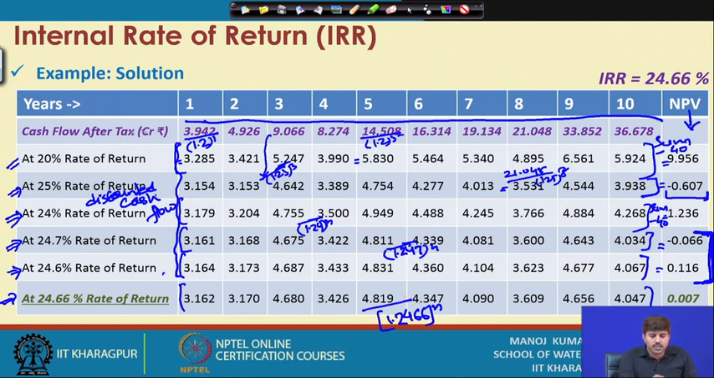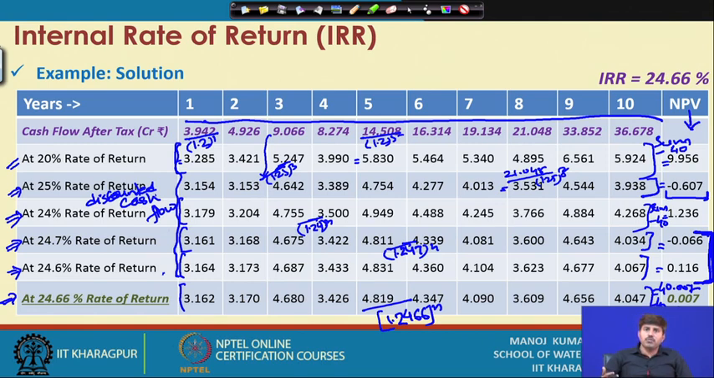Okay. So, all these cash flows that are seen here will actually be divided by this number, and that will eventually give us the discounted cash flow at a 24.66% rate of return. And if we see, the sum of this is going to be 40.007, and minus 40 is our initial outlay. So that will lead to the net present value of